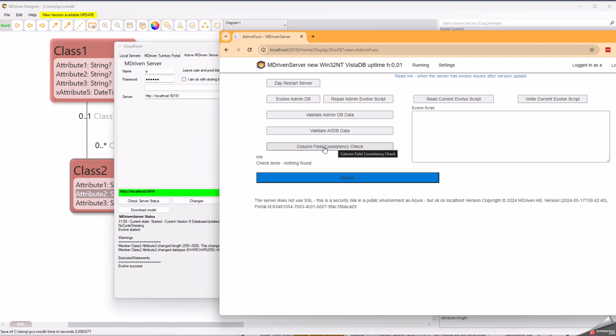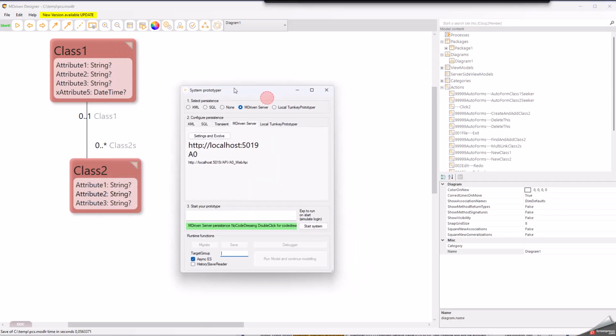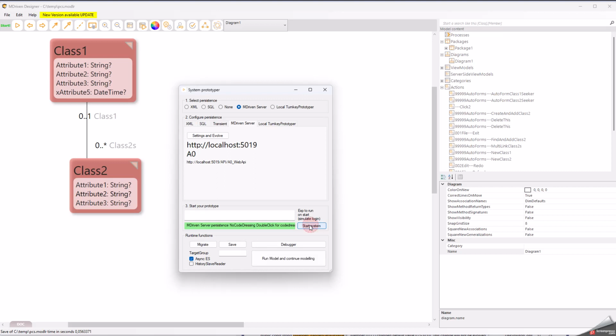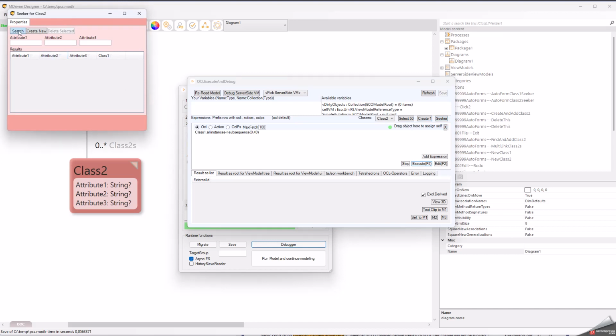Yeah, so why don't I find it? Because class 2 doesn't have any data, so that's also a prerequisite, at least for some databases, that there must be some data in the database in order for these checks to execute correctly. So if I go into this one and create a new one and just save that, now there's actual data in the database for class 2,